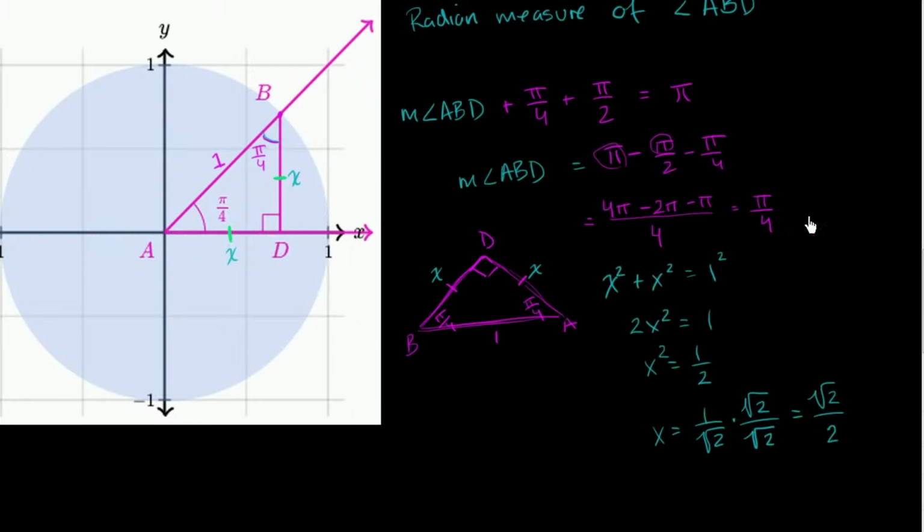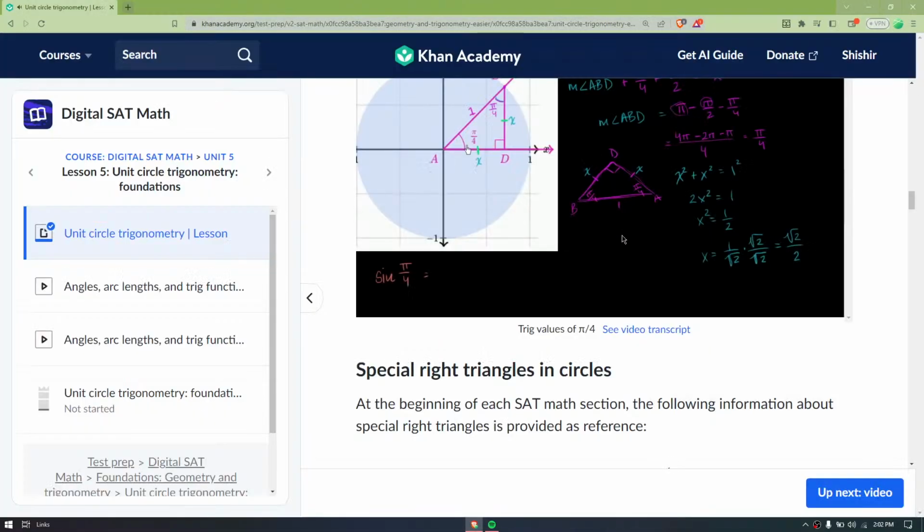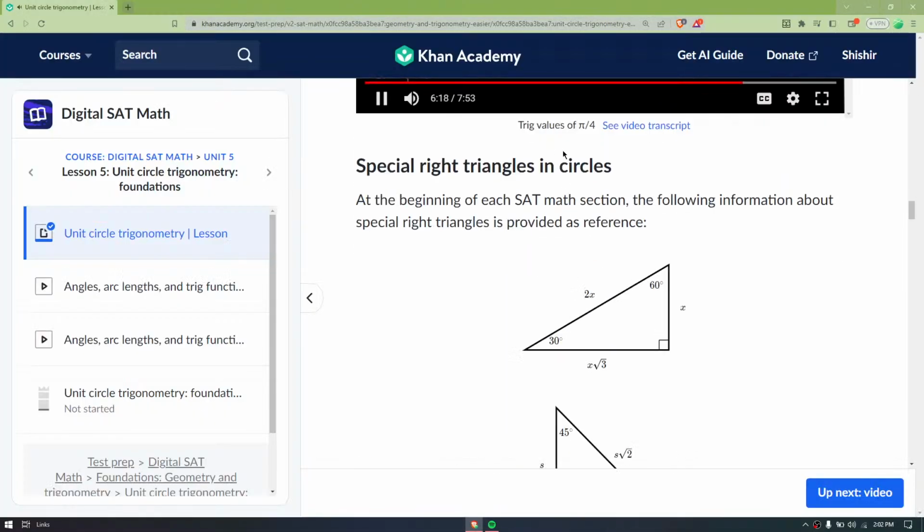Now what I want to do is figure out what are the sine, cosine, and tangent of pi over 4 radians, given all of the work that we've done. So let's first think about what is the sine. Let me do this in a color, do an orange. Given all the work we've done, what is the sine of pi over 4 radians? And I encourage you once again, pause the video, think about the unit circle definition of trig functions, and think about what this is. Well, with the unit circle definition of trig functions, this angle is pi over 4 radians, forming an angle with the positive x-axis, and where its terminal ray